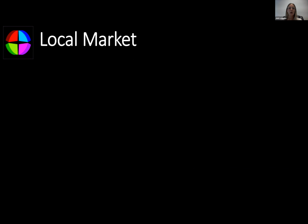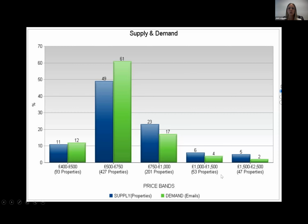So on to the local market. So I've got a couple of graphs to show you about the local market in relation to demand. So this first graph coming up now shows the supply and demand for properties on our patch recently. So the blue chart shows the percentage of properties in the different price brackets. And then the green chart shows the demand again in percentage terms, which is measured by the inquiries for those